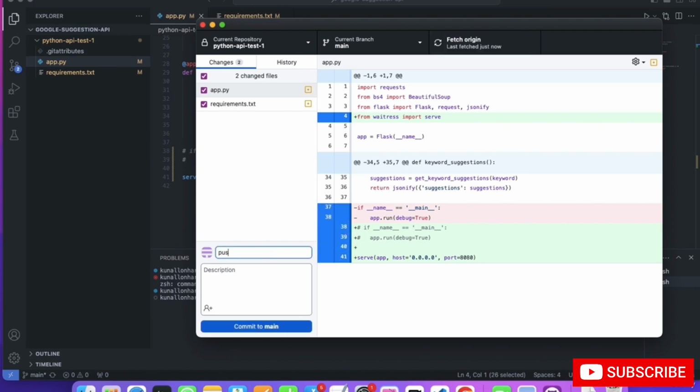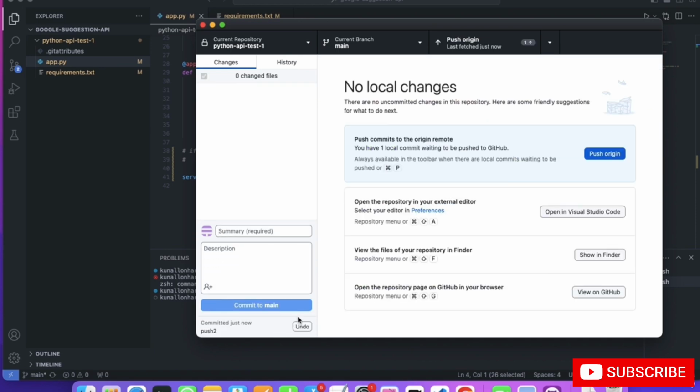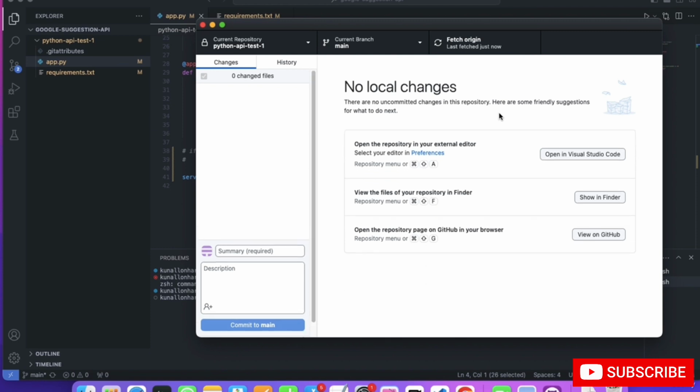Now we can just say push to, right? We have to add both of them, then click on commit to main, then click on push origin. So these changes will also go to your GitHub. That is how it works.